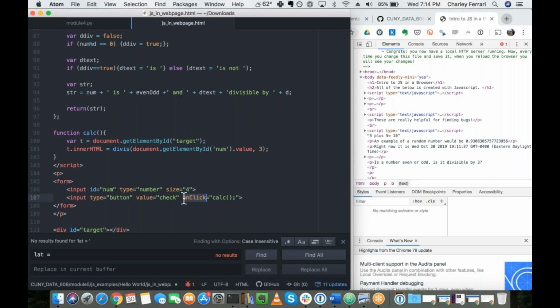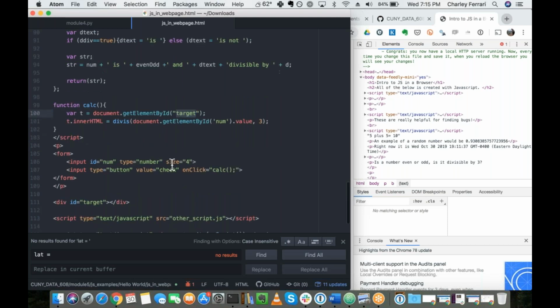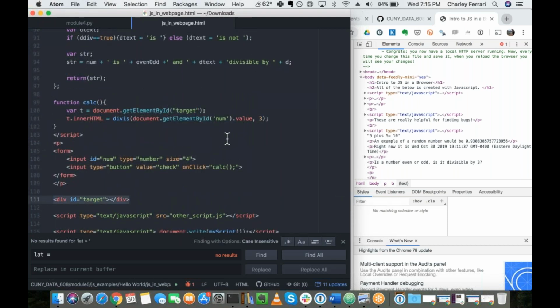So this onClick, as it suggests, means that whenever the button is clicked, it's performing some sort of function, in this case some JavaScript. And what exactly is happening here is we're using this function, document.getElementById. So we're getting the target, that's this div right down here, and we set that as our variable t. We're setting t's inner HTML. All that means is